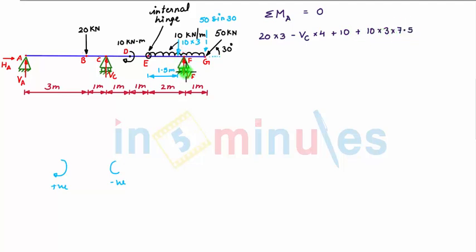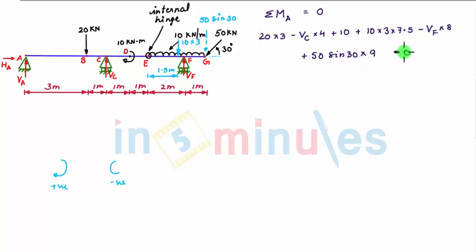Next we have an anti-clockwise moment caused due to the vertical support reaction VF acting at a distance of 8 meter from point A. So we have minus VF into 8. Next we have a clockwise moment caused due to the vertical component of this inclined load acting at a distance of 9 meter from point A. So we have plus 50 sine 30 into 9, and summation of all this moment about point A is equal